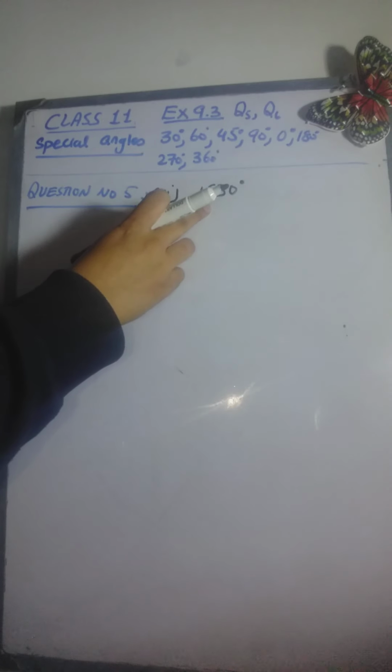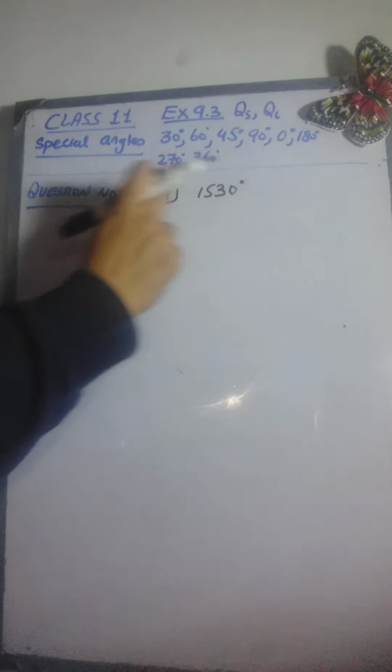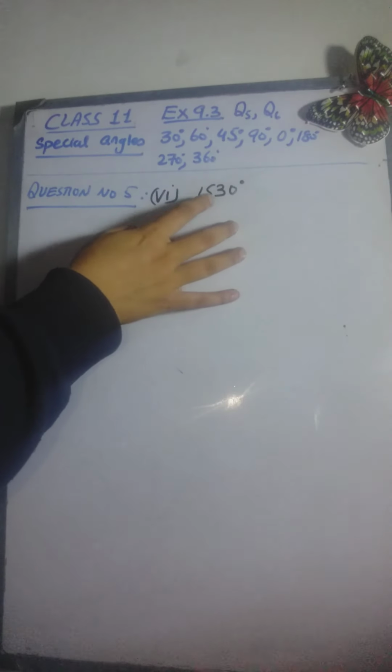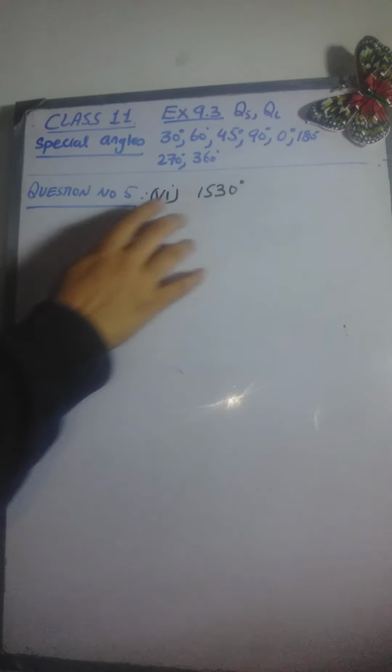Now question number 5 is that we have to find the trigonometric ratios of this angle. Now we know that this angle is not one of these angles. These are the special angles with the help of which we are going to find the trigonometric ratio of this angle. Now in order to prove that it is coterminal to one of these angles, we have to write this as